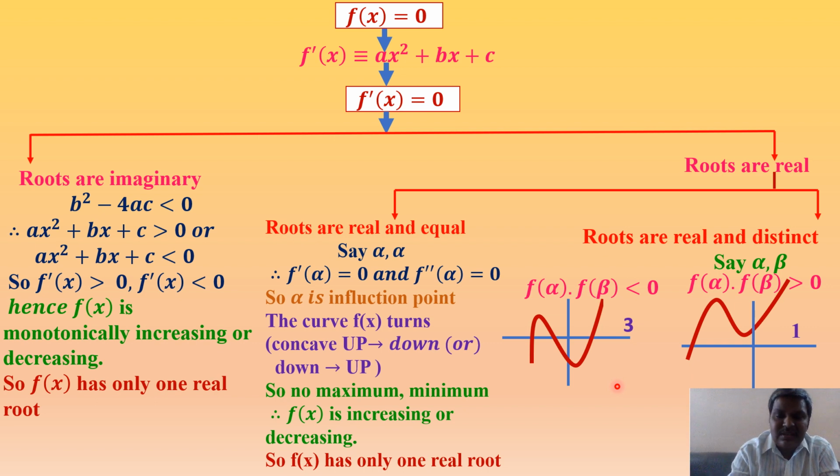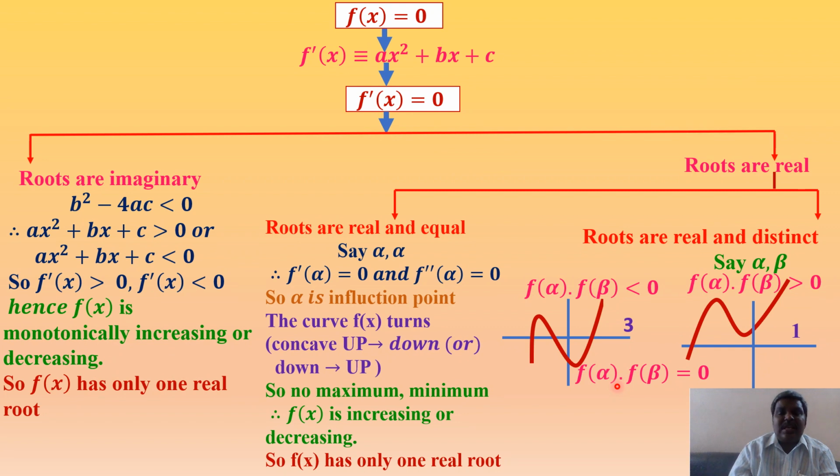And the third case is what? f of alpha into f of beta is equal to 0. When does it happen? f of alpha into f of beta equal to 0 happens when either f of alpha equal to 0 or f of beta equal to 0. Both being 0 never exists in this case. What is the equation? Your equation is in cubic form. If f of alpha is equal to 0 and already f dash alpha is 0,